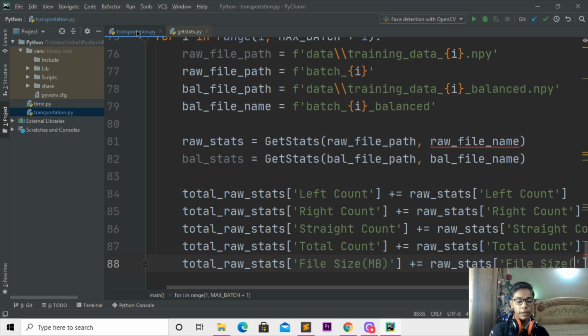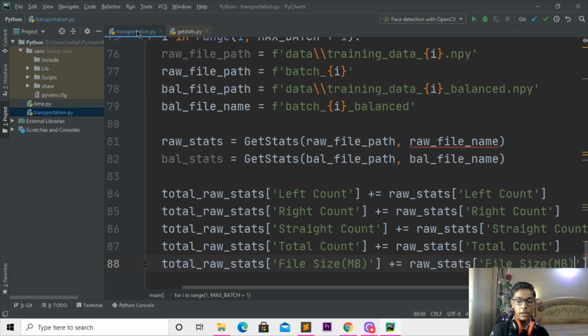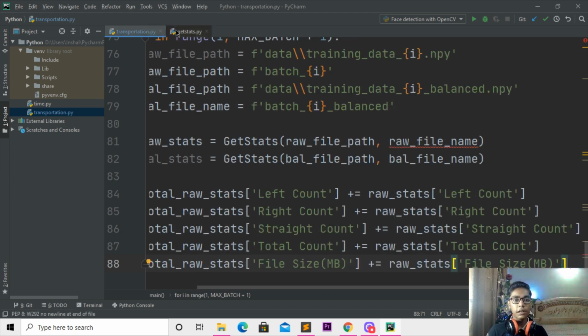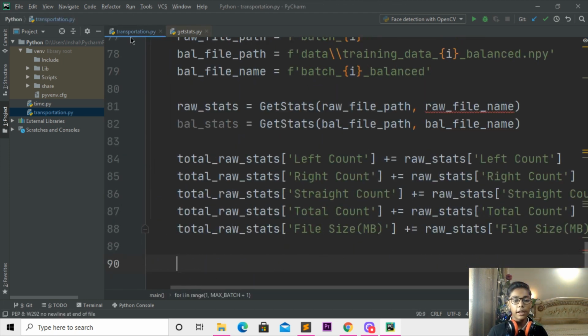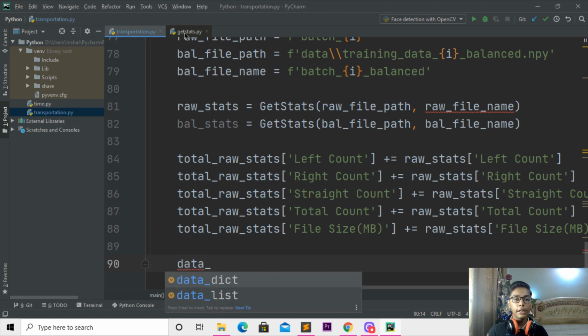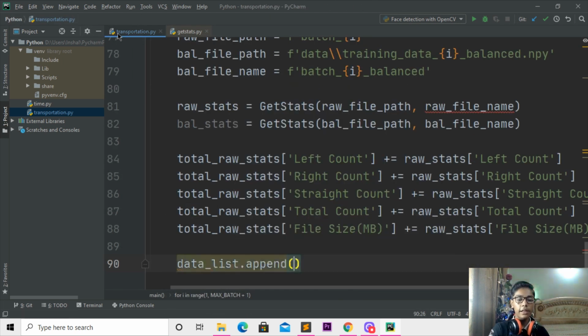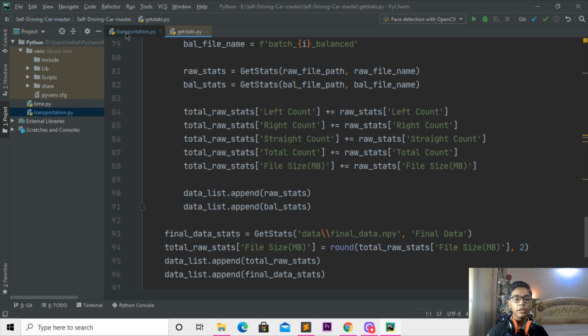size, which should be MB. So here I'll be just writing that. And when you've done with that, now I'll be moving here, and you can see we have just done that. Here I'll be coming underneath, then I'll be writing underscore here, changing that to like list dot append. Then I'll be writing this bracket here, then I'll be writing that to like raw stats, and I'll be now coming underneath and changing that to like data,